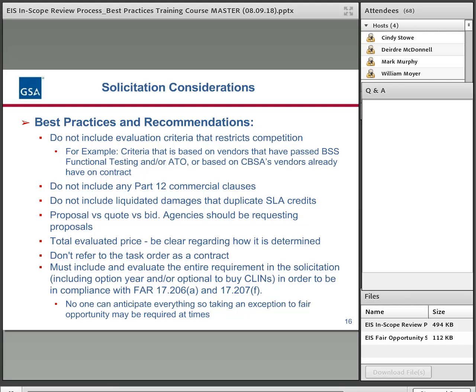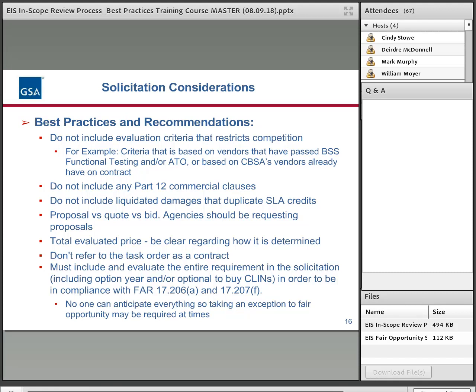The vendors may take an exception to those terms if you do include that in your evaluation criteria. So we recommend that you do not include those. Do not include any Part 12 commercial clauses. EIS is not a commercial contract. Do not include any liquidated damages that duplicate the SLA credits already included in the EIS contract.